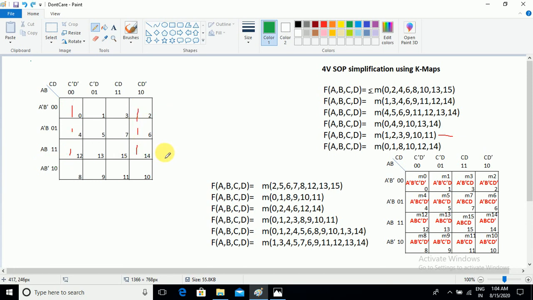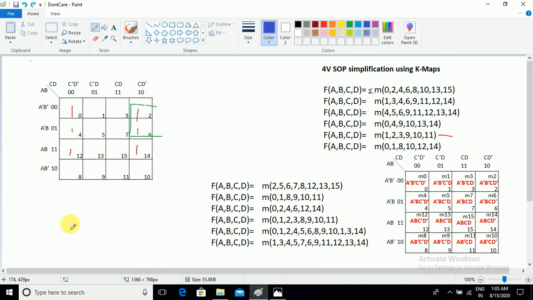So what is the alternate grouping? Only 4 cells, so you need to take a 4 cell grouping first initially, and next think about the ones which are not in the group. Who are not in the group? 12 and 14 are not in the group, but with the overlap here also we can create one 4 cell group. If you take the overlap with the 4 and 6, here also we can take a 4 cell grouping. Here 4 cell groups are created.